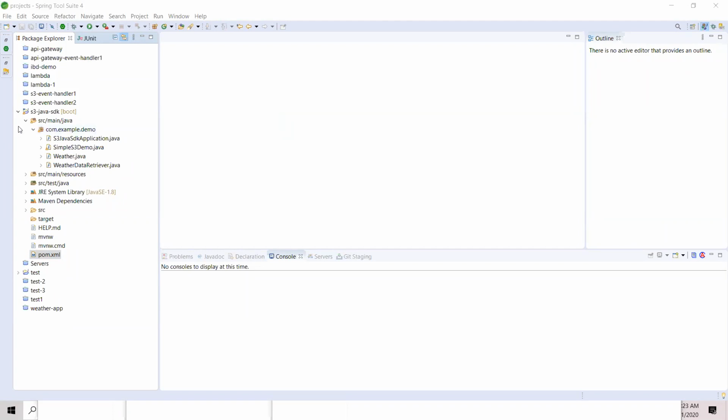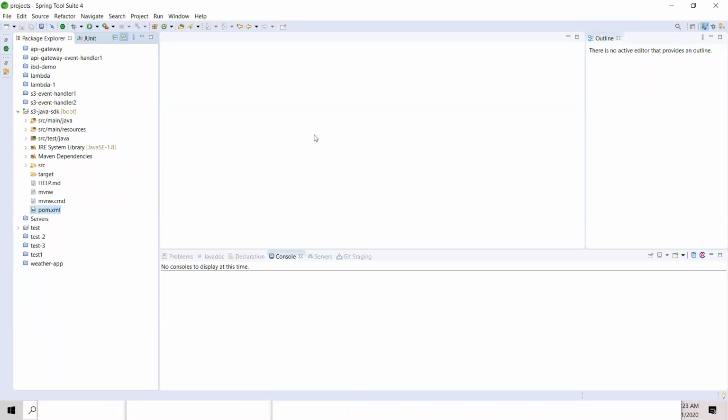So I've created a simple Spring Boot project. The tool I'm using is called Spring Tool Suite. This is my favorite IDE. It's an Eclipse IDE, but it's Eclipse++. It comes with some of the Spring plugins. That's all. And Spring has been my favorite for the last decade plus. So I use this particular IDE, STS, Spring Tool Suite. You can use anything. I created a simple Spring Boot based project.